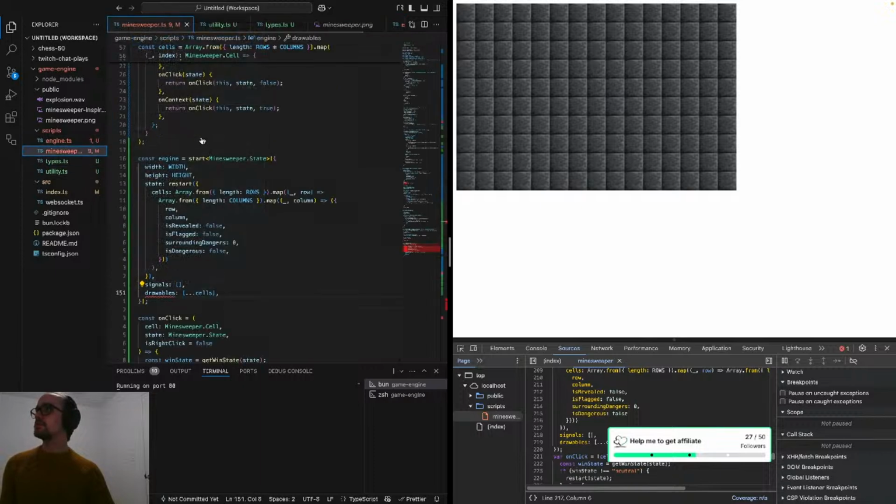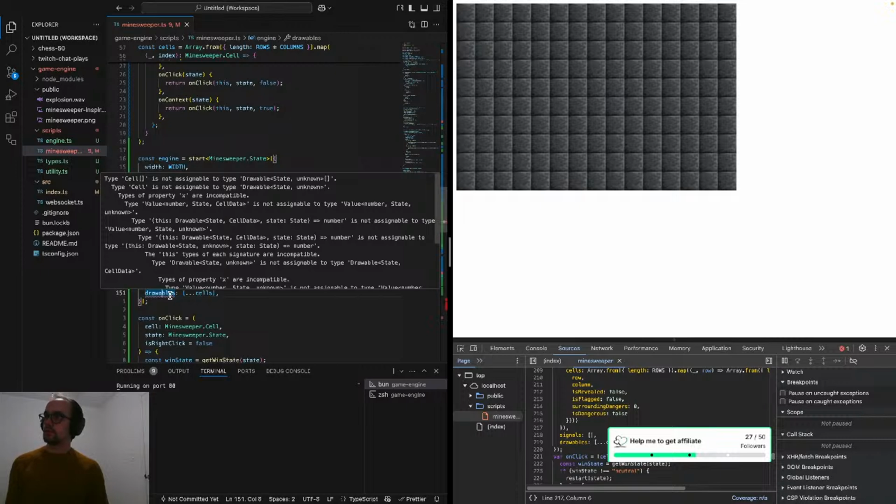Go back to here, close others. So array of Minesweeper cell. Cell is not assignable to drawable state unknown array. Cell is not assignable to drawable state unknown. Why though? Types of property X are incompatible. So X is incompatible. So if we look at